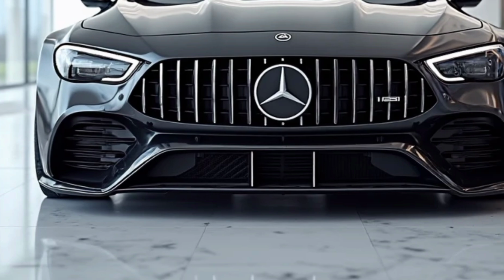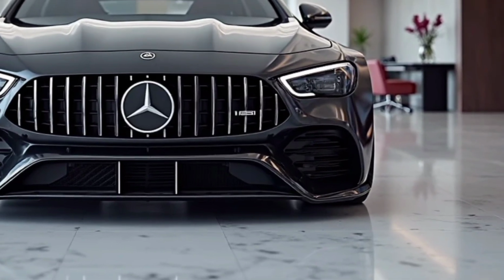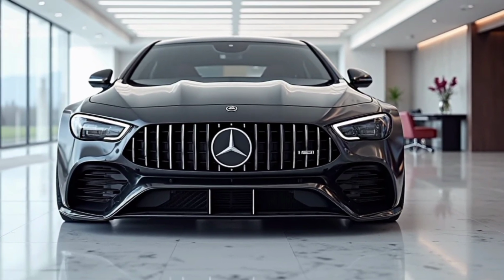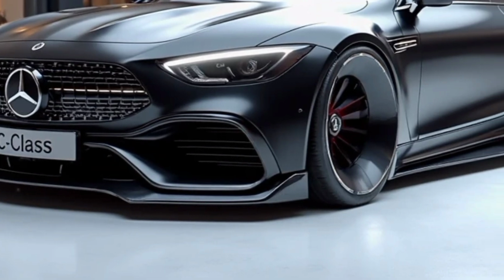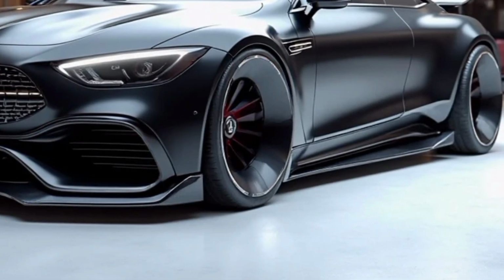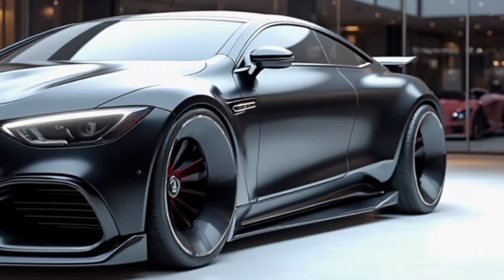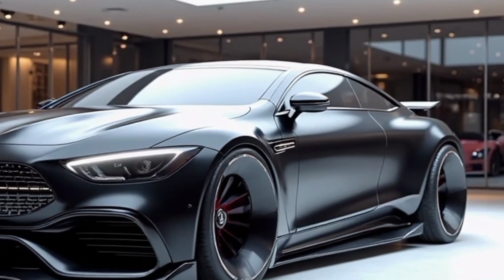The 2026 Mercedes-Benz C-Class represents the latest evolution in the brand's commitment to luxury, performance, and advanced technology. With refined aesthetics, cutting-edge features, and improved driving dynamics, this compact executive sedan continues to solidify its place as a benchmark in its segment. The 2026 model year brings subtle design updates that maintain the classic Mercedes silhouette while enhancing